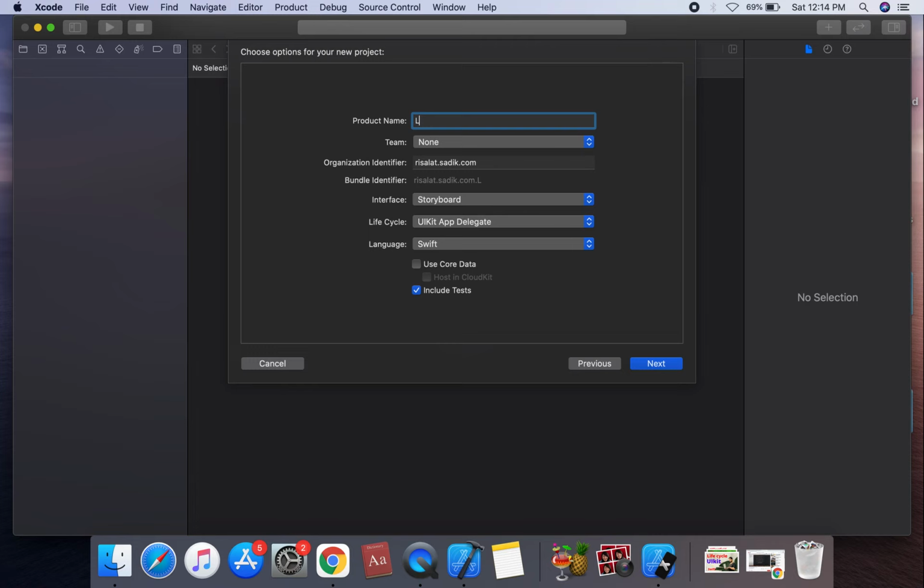We name it view controller lifecycle, with the interface as Storyboard, language Swift, and UI delegate.